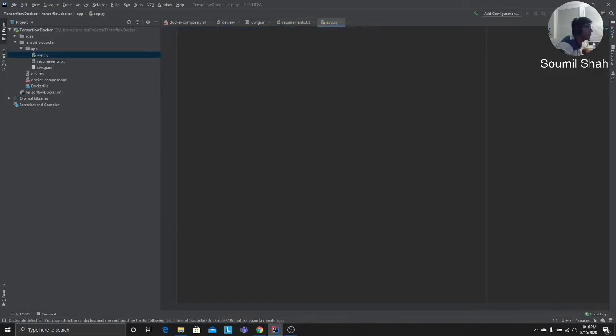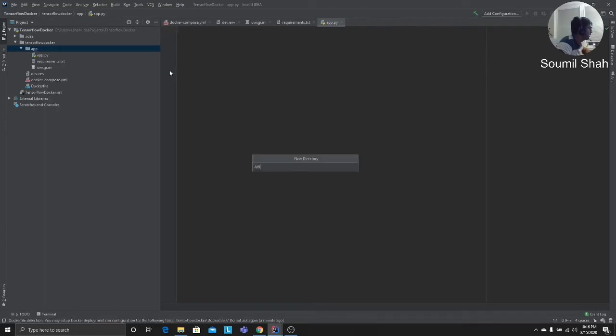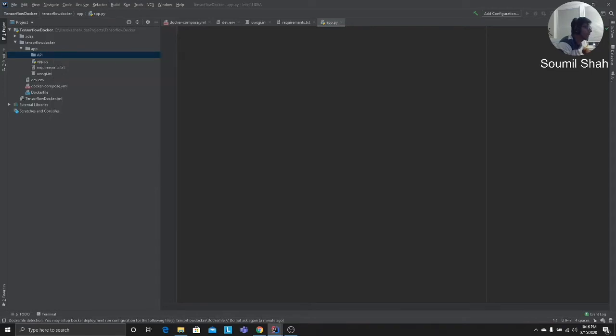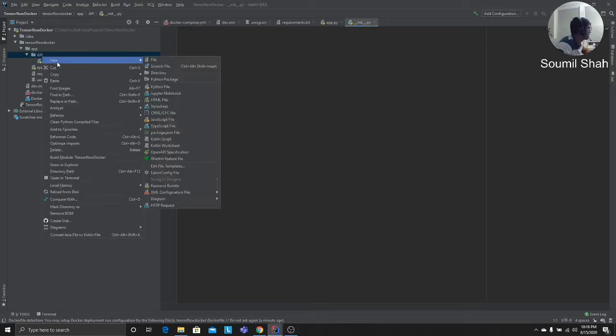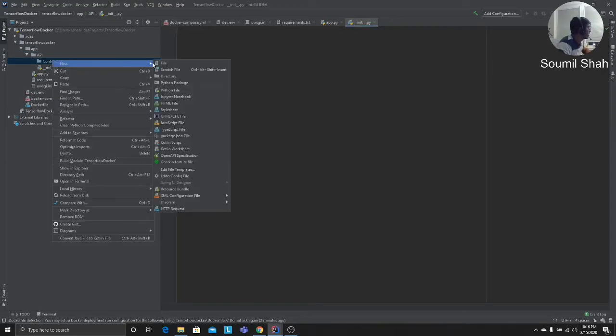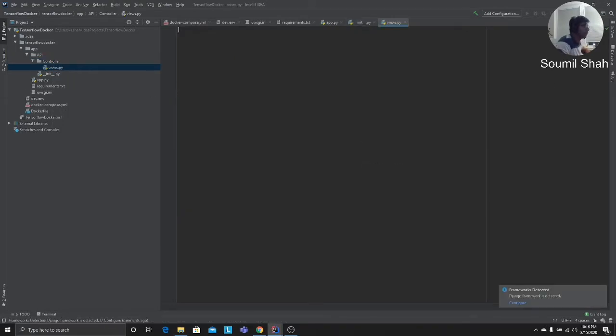That's done. Now we will have a directory called API. See how I'm organizing; this is production-ready code. So new, click on the directory, call it API. Now inside that directory, you want to create one more file, basically a package, so it's going to be a dunder init. New file __init__.py, and inside that we'll have one of the API routes called controller. That's the idea. So I'm going to call it controller. Inside that we want to create one more file, use.py. So that's all our structure.